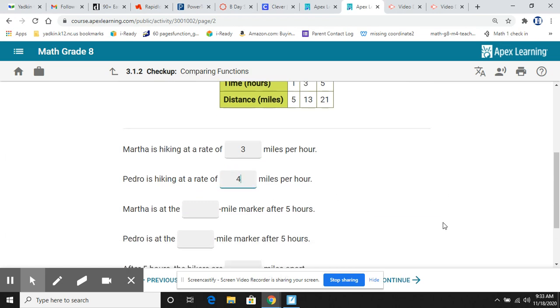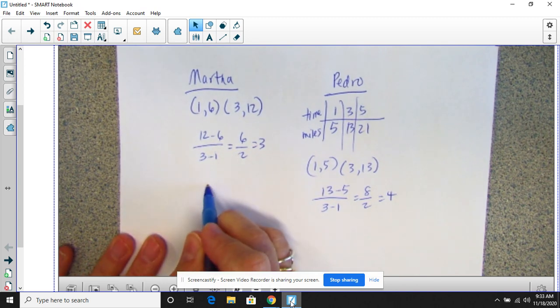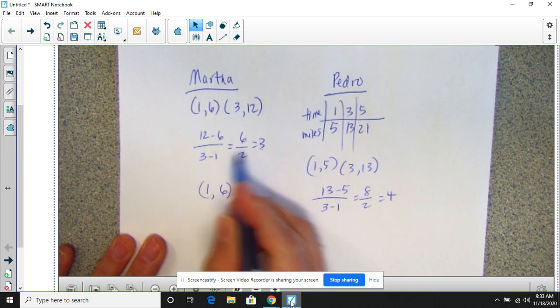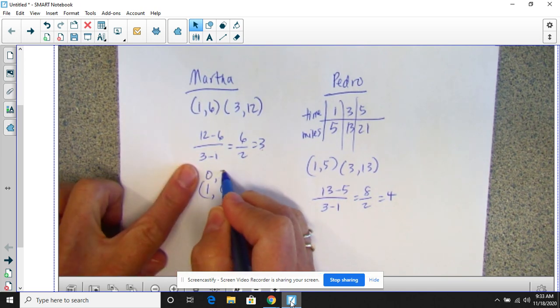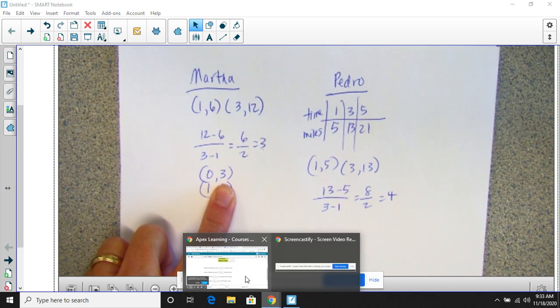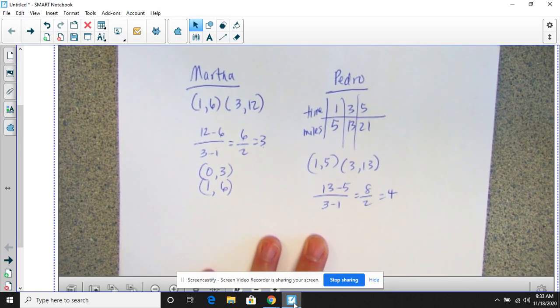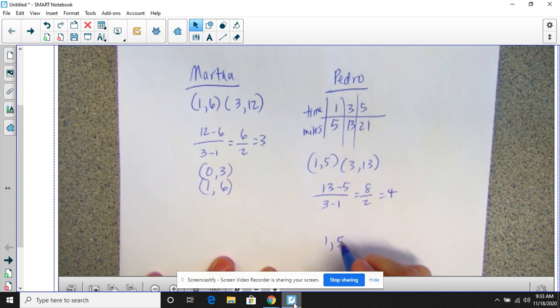Martha is at the blank mile marker after 5 hours. Well, let's go back and find out where she started. If I have 1, 6, and she is moving at a rate of 3 miles per hour, then at 0, she would be at 3. Okay? She is at the 3. And then let's find out, my time is running out already. At 1, 5, when it starts at 0, so take away 4 from this, and it'd be at